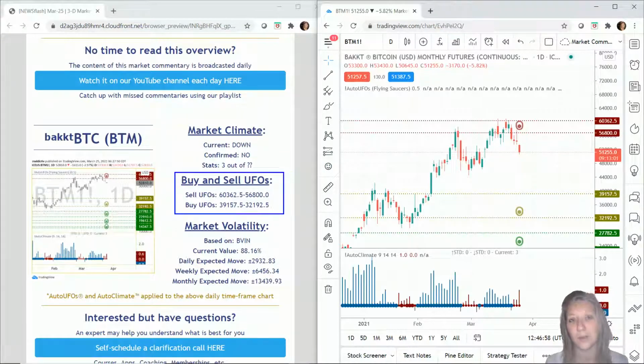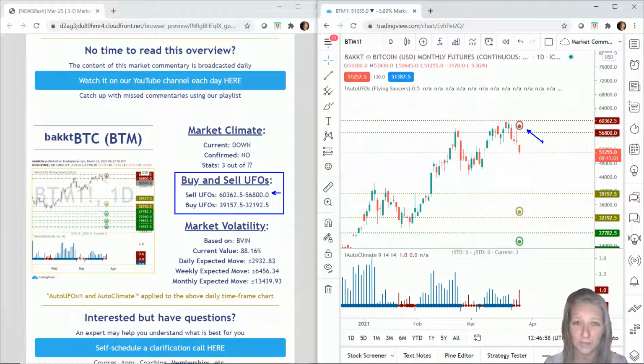Now, we have sell UFOs above us, relatively new, and again, they're already working. So we had sell UFOs here, price came in at this point, hit the stack of sell orders, and fell from there, came down. That's what we expect these buy and sell UFOs to do, push price in their intended direction. Now, the numbers for that closest stack of sell orders are